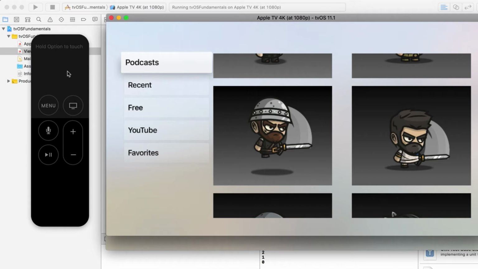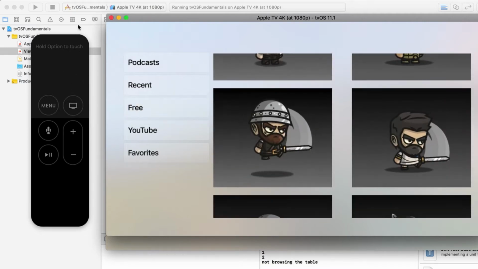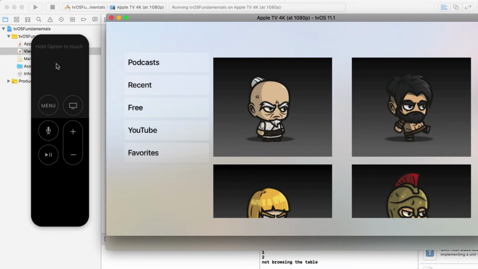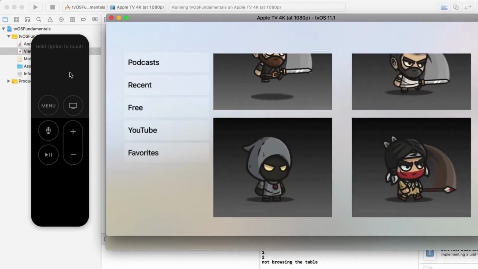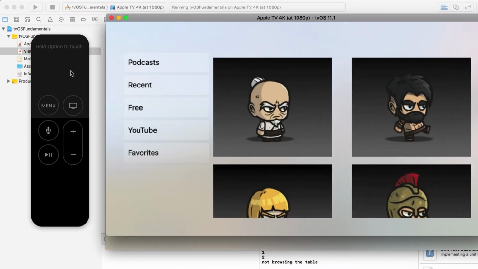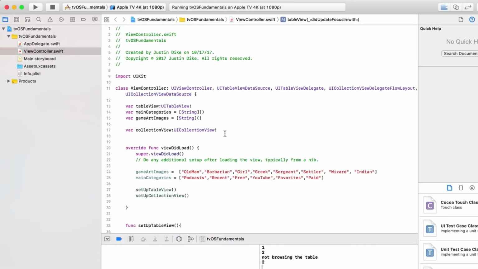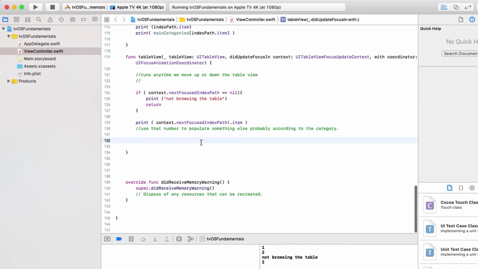All right, so continuing on from where we left off in the last video, we've now got a collection view and we've got our table view over here, but these two are completely disconnected at this point, right? So if we scroll down here, nothing is going to change on this side. And obviously you can see that when we go over here and navigate through the collection view, we're not really getting any sort of indication of what we potentially have selected, okay? So really it's just kind of like a useless gallery at this point. That's all it is. So let's change that up a little bit, and we'll start by going over here to